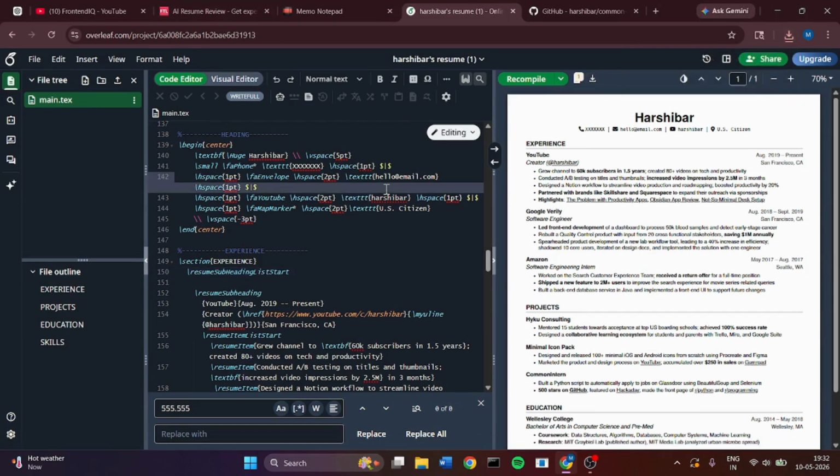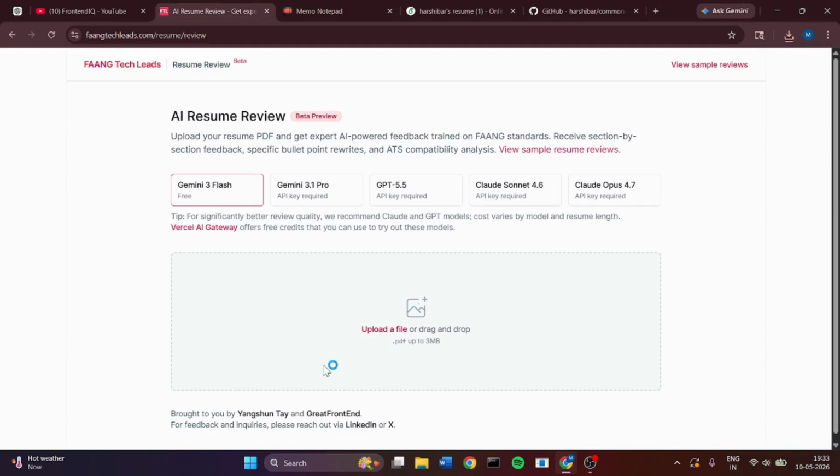After downloading the resume, the second step is to check the ATS score. Here I can use this website. This one is a very good website to check the score. It's an AI resume review.